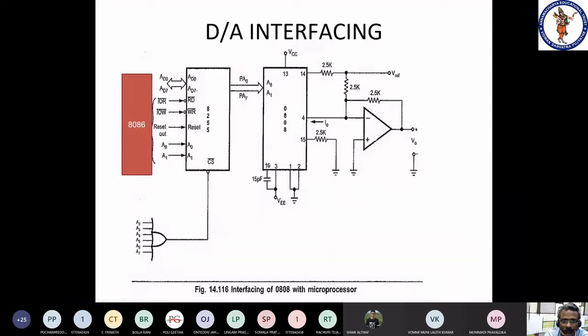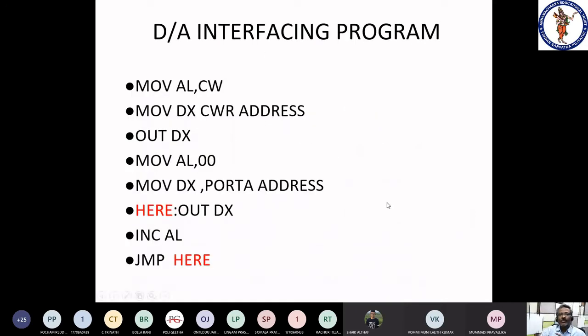So particularly this one generates the analog waveform. Those analog waveforms are sawtooth wave, triangular wave, square waves, etc. So here let us see one at a glance. One simple program is to generate the sawtooth wave. For writing the program, the very first step is to prepare a control word. Just now I explained how to prepare a control word. According to your requirement, port A is the output port, and the mode of operation is mode 0.